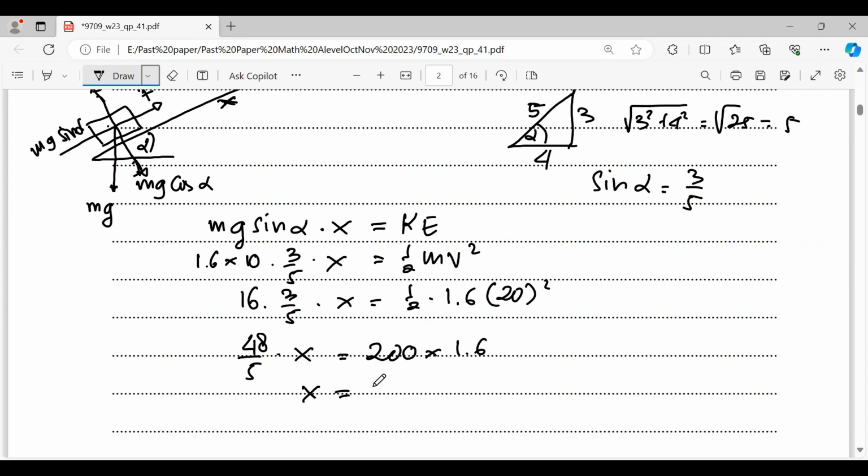So x equals 200 times 1.6, I'm going to calculate first, equals 320,